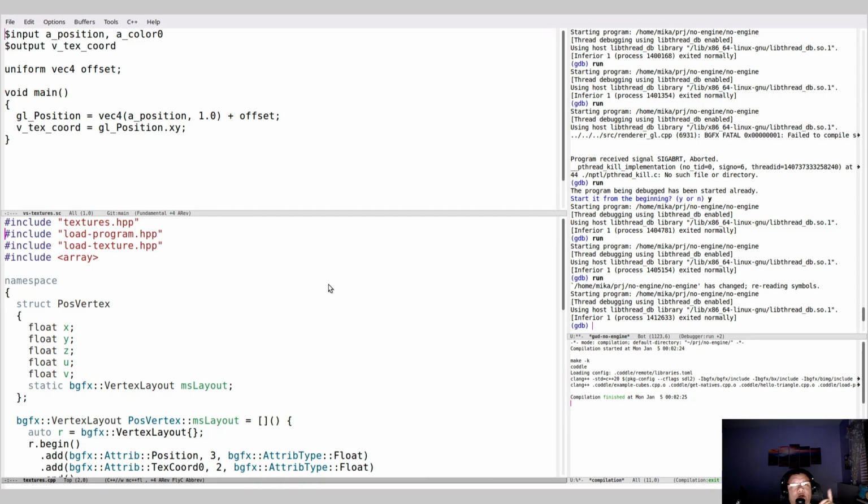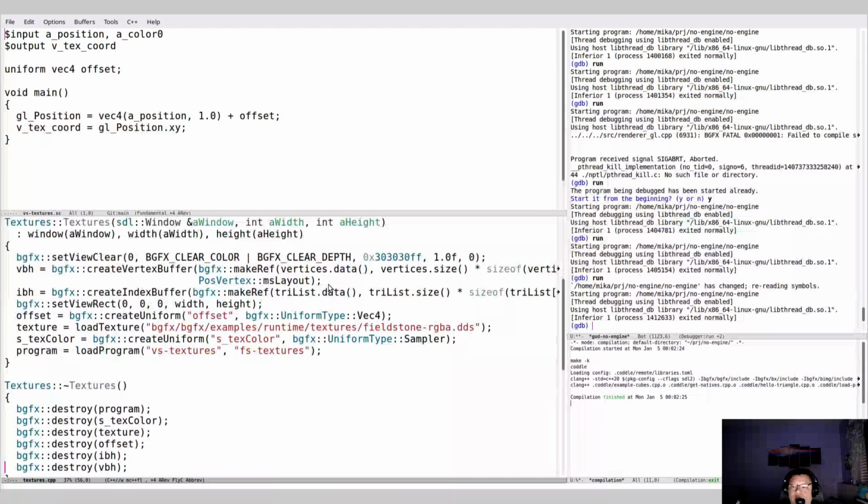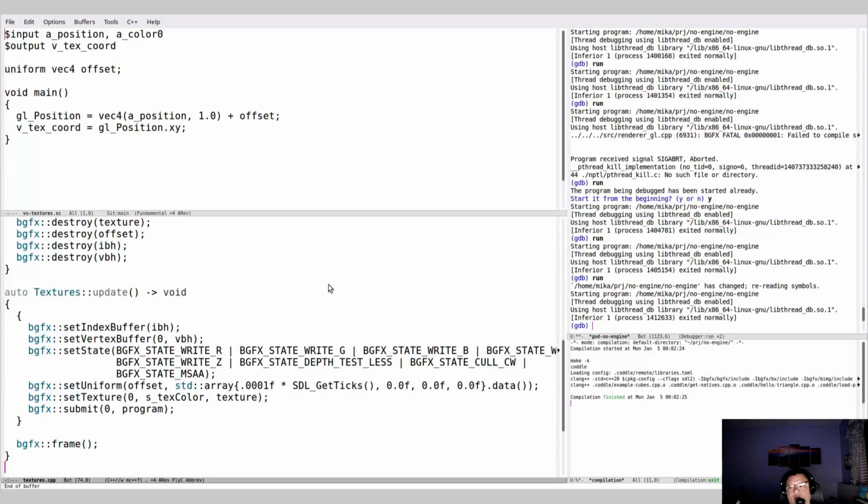So this is only graphics. Yeah, BGFX is only graphics. It doesn't do anything else. So yeah, it's a middleware, like a